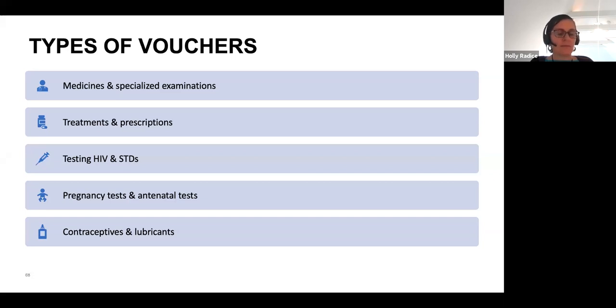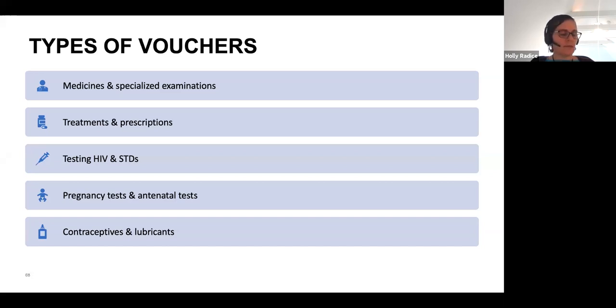Each voucher has a maximum value which is connected to it based on the costs of the goods or services. Again, reflective of that market survey that I talked about, and also looking at the suggested pharmaceuticals from the Ministry of Health. And so, for example, the first voucher that you see there for medicines and specialized examinations, a woman who is